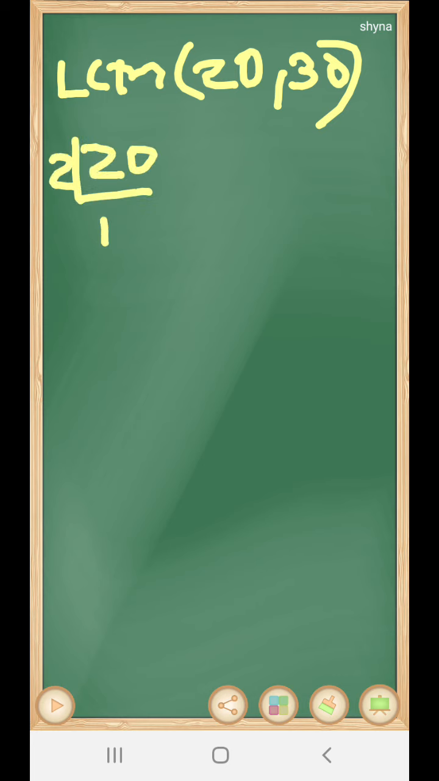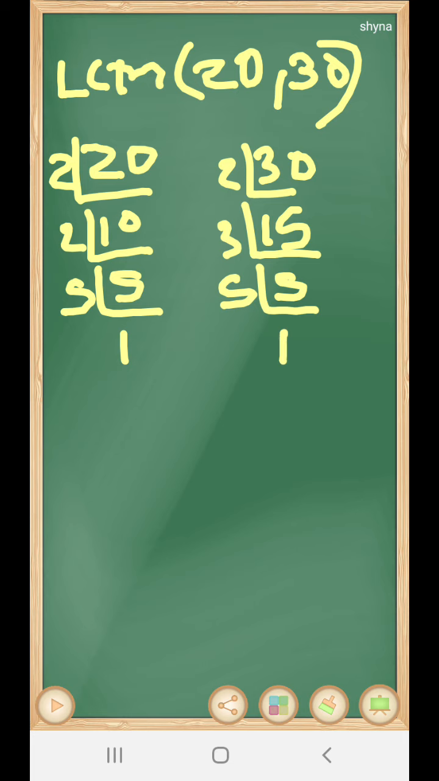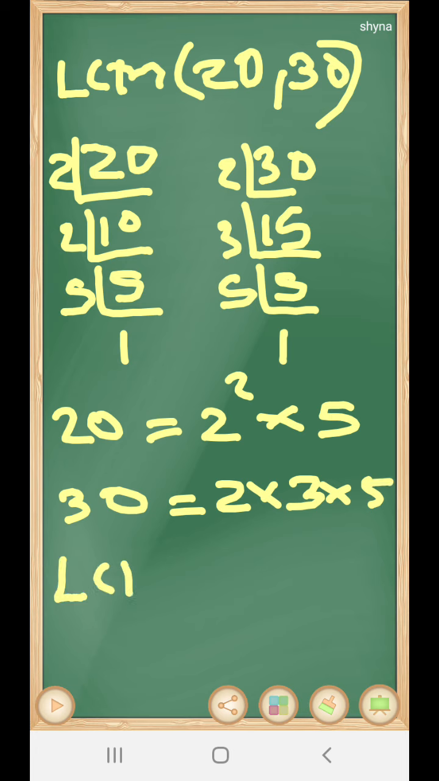20, 2, 10, 2, 5, 5, 1. 30, 2, 15, 3, 5, 1. 20 equal to 2 square into 5. 30 equal to 2 into 3 into 5. Then LCM is,